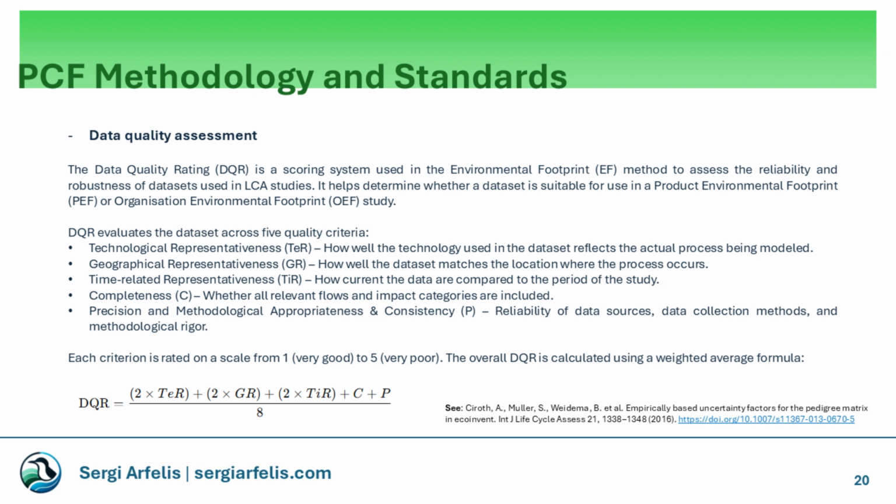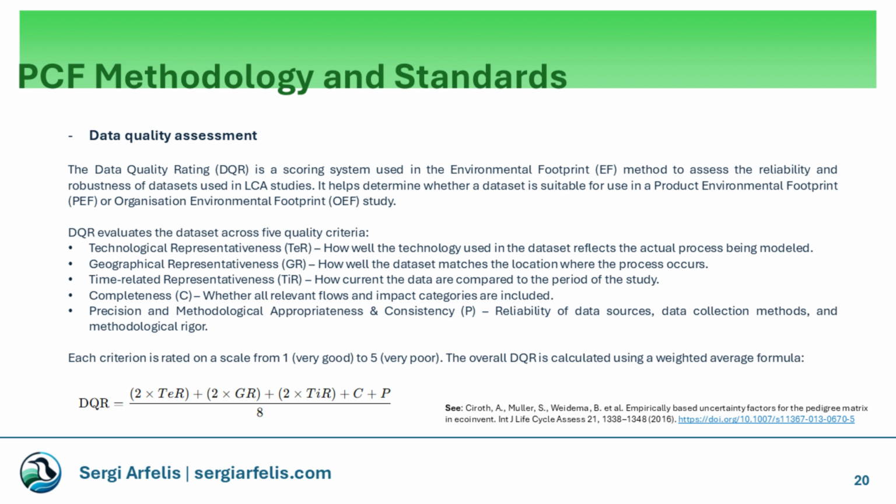First, technological representativeness, which measures how well the technology in your dataset matches the actual process you are modeling. Second, geographical representativeness, which checks if your data reflects the real location of your operations. Third, time-related representativeness, which looks at how current your data is compared to the period of your study. Fourth, completeness, which ensures all relevant flows and impact categories are included. And fifth, precision and methodological appropriateness, which considers the reliability of your data sources, collection methods, and how rigorous your